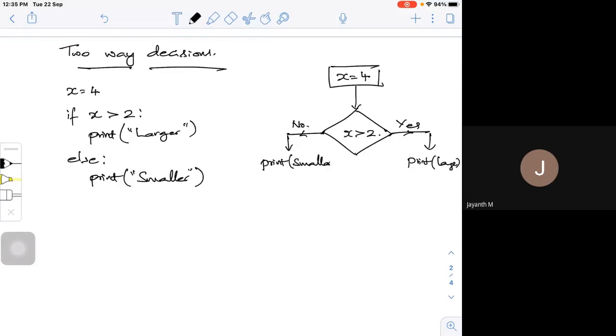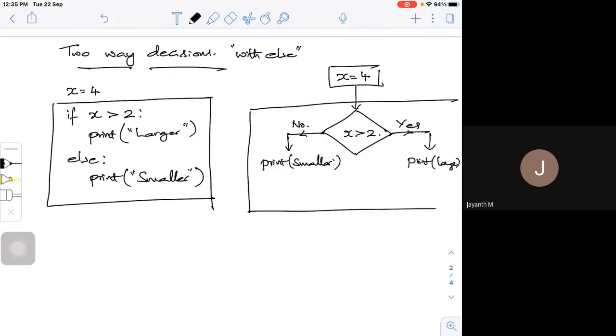So this is called two-way decisions. For two-way decisions, we use the else statement. For one-way decisions, I'll go with the if statement. Now, look at this particular block.